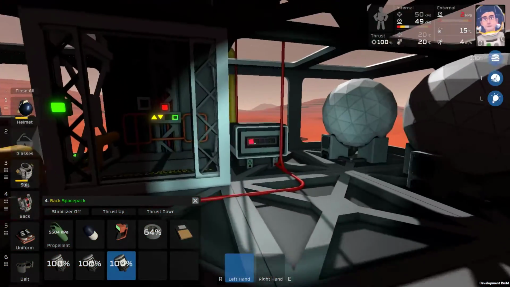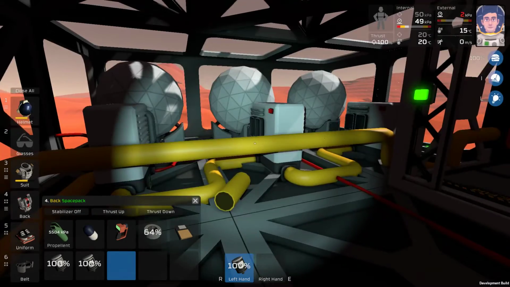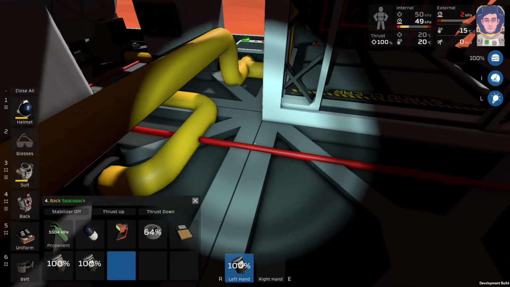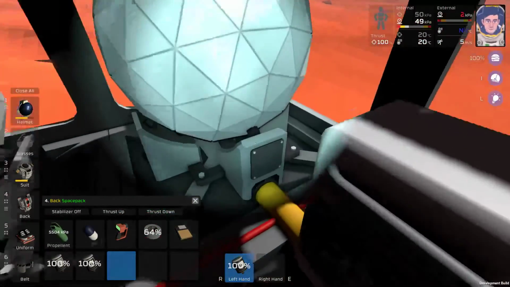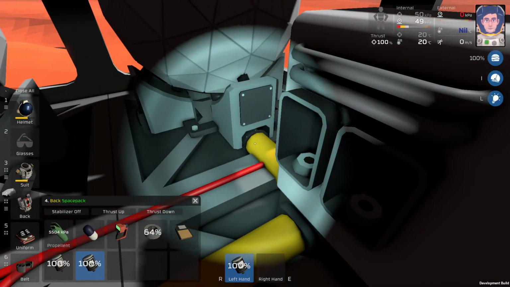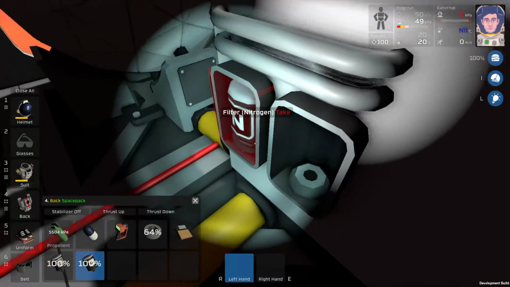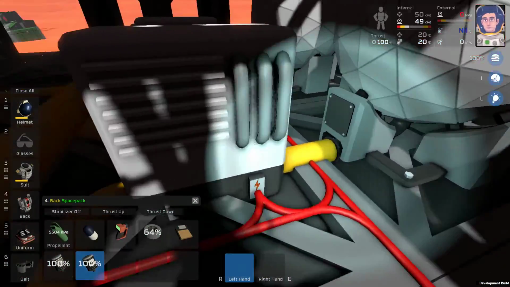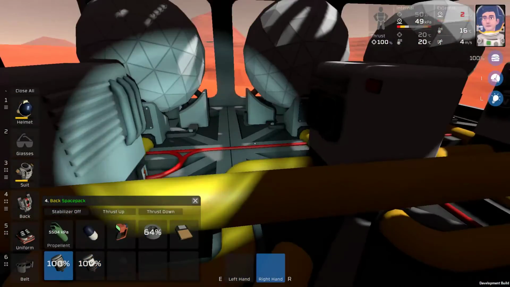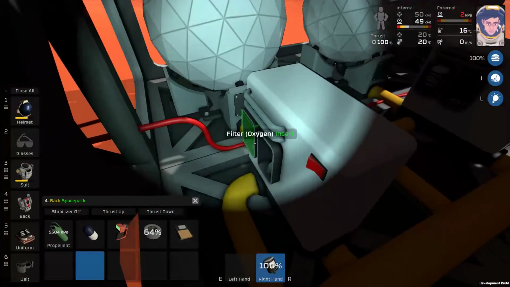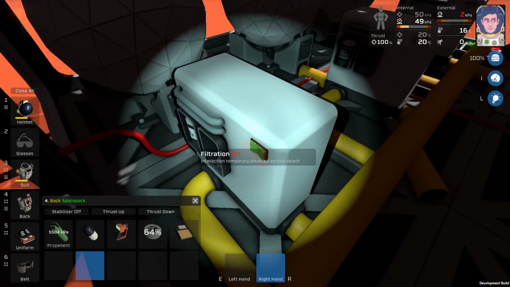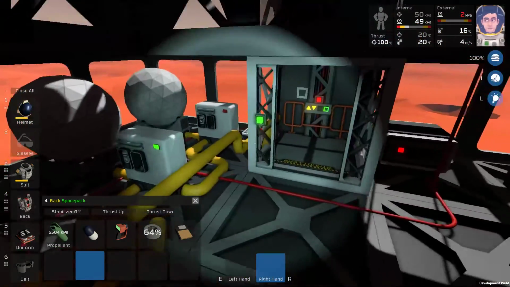The battery charge is going up, which means we are good on power. What is this? The oxygen filter. And this is the nitrogen tank. Okay, let's find the nitrogen filter. And then this is the carbon dioxide tank. So we'll put the carbon dioxide filter in there. And then the oxygen tank with the oxygen filter. And if I turn these bad boys on,